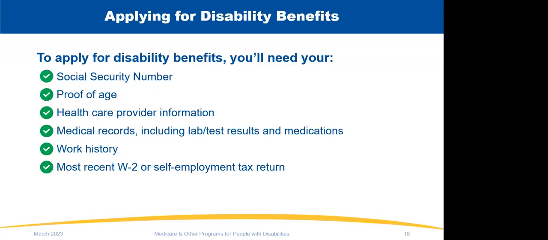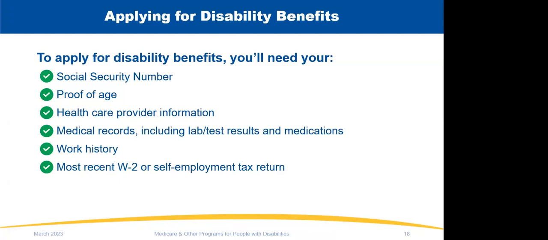Also within that disability report, we're going to be asking about a work history. Because you remember our definition, a portion of the definition is that because of your medical condition, you're not able to do the work that you used to do, and you're not able to do any other type of work. So we need to know that work history. We're going to ask you to give us a work history. What were you doing? Were you able to lift? How much were you able to lift? So it's going to go through a lot of different pieces in that application path.